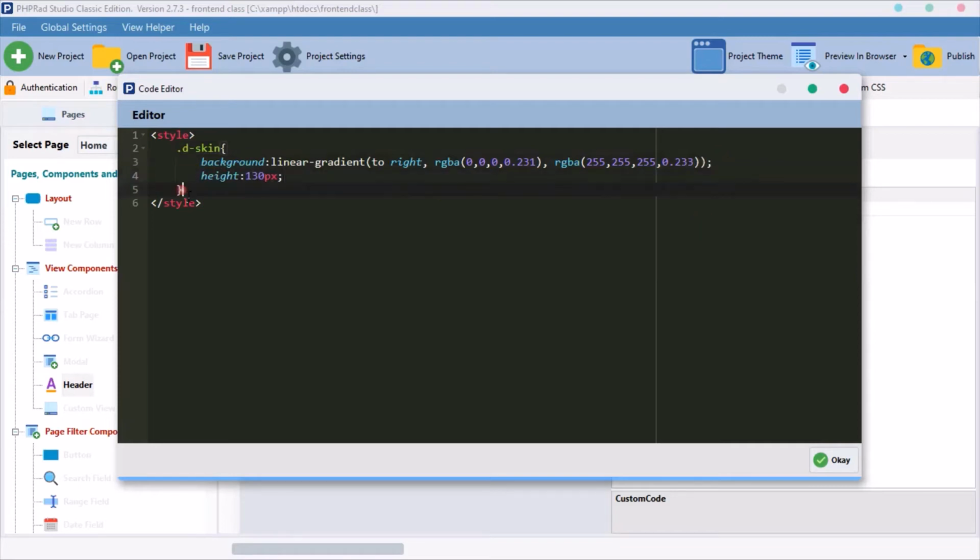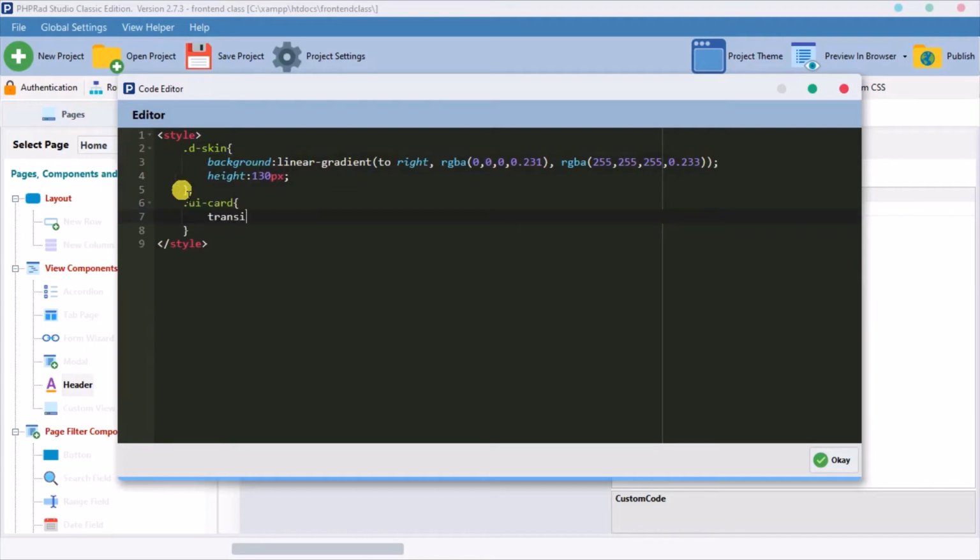Again, the next thing we want to style here is our ui-card. We want our ui-card transition. You won't notice this thing now, but you will notice it as we move on. We want the transition to be 0.3s, and we want to ease the keyframe. Again, we want the transition on ui-card. We want it on hover. Whenever we hover it, we want the box shadow